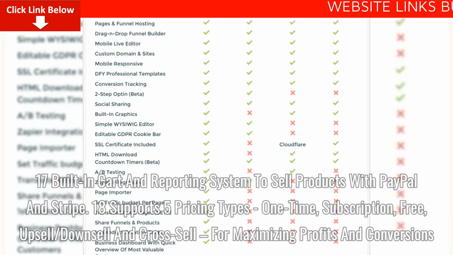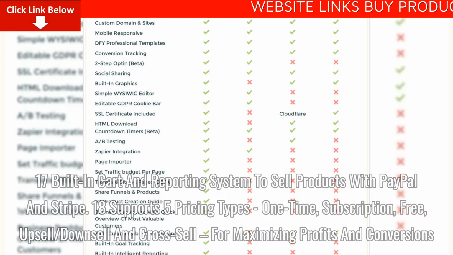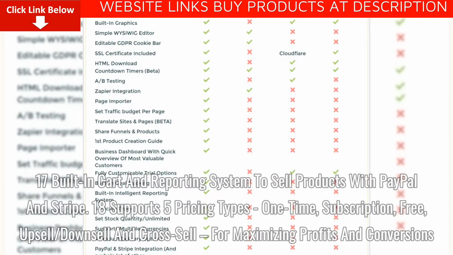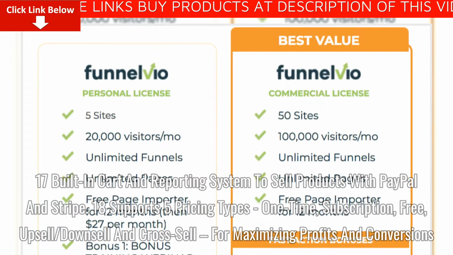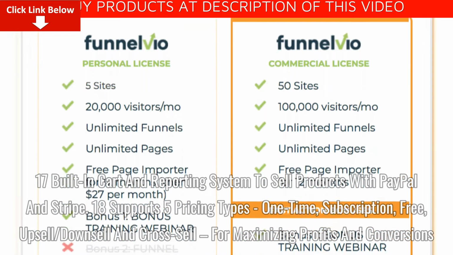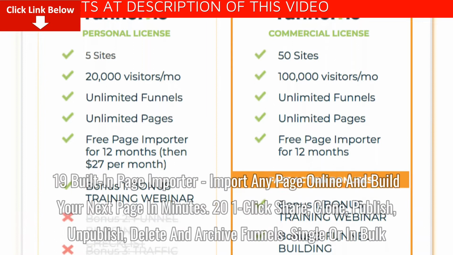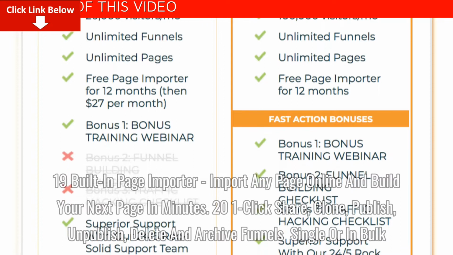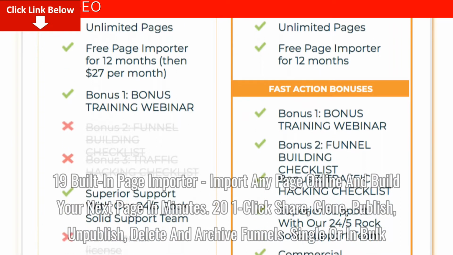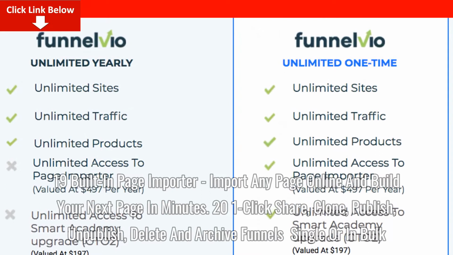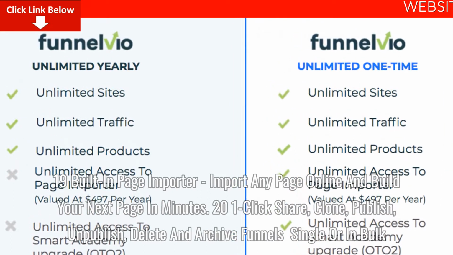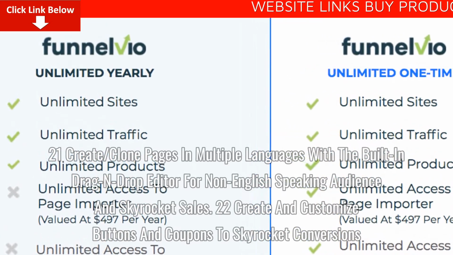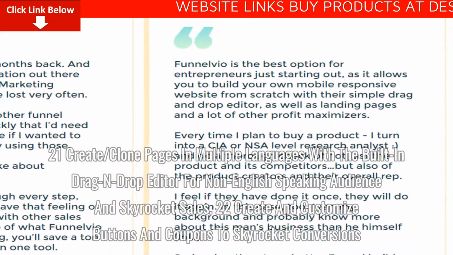17. Built-in cart and reporting system to sell products with PayPal and Stripe. 18. Supports 5 pricing types: one-time, subscription, free, upsell, downsell and cross-sell for maximizing profits and conversions. 19. Built-in page importer, import any page online and build your next page in minutes. 20. Click share, clone, publish, unpublish, delete, and archive funnels single or in bulk. 21. Create clone pages in multiple languages with the built-in drag and drop editor for non-English speaking audience and skyrocket